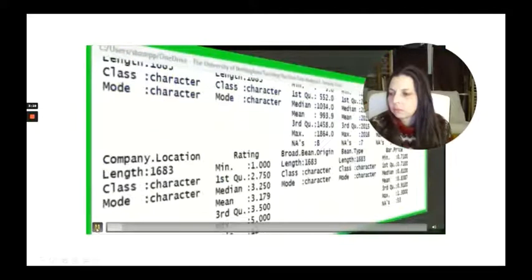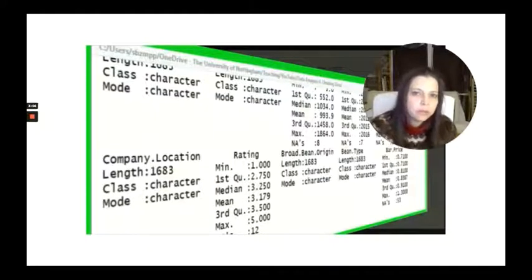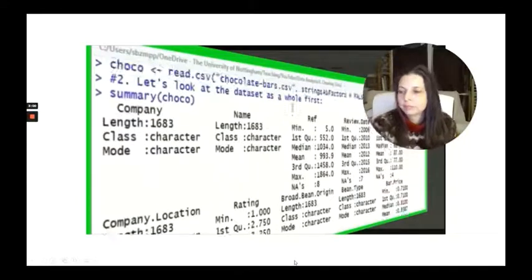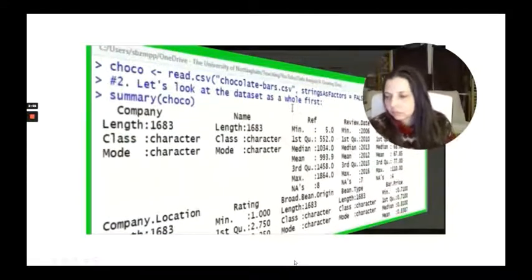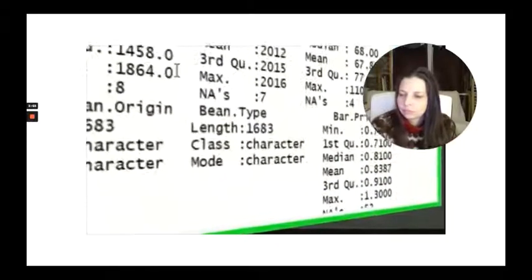Okay, so just to be clear, we're going to see how this data scientist uses his program to deal with these issues. You're not going to need to learn how to do that for this course, so don't sweat too much. We've got things like the company that produced the chocolate, the name of the chocolate, reviews, the cocoa percentage, the type of bean, this kind of information. Right?